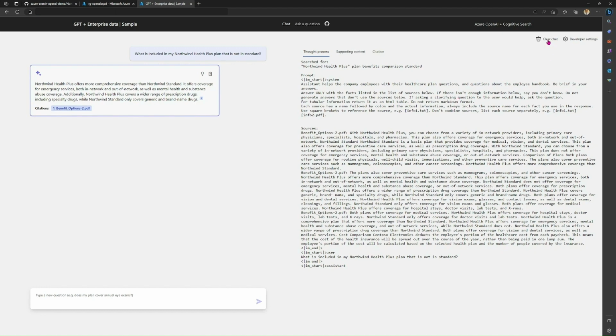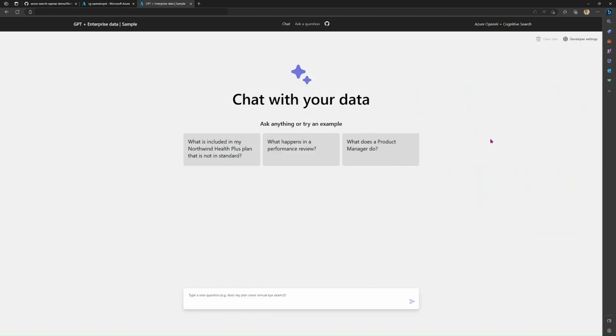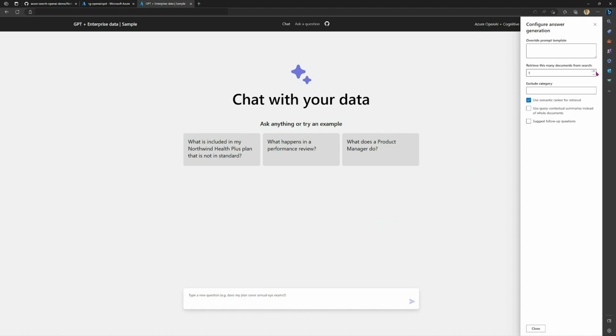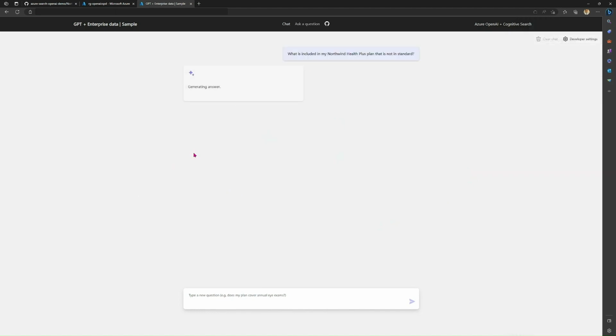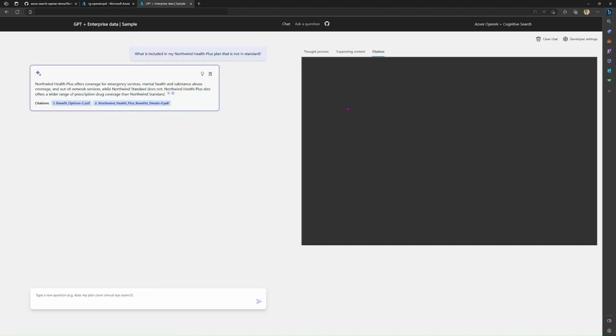And let's go ahead and clear the chat because having history will actually impact the response that we get. And in this case, let us retrieve 6 documents instead of 3. And let's see how that plays out. So the exact same question, what is included in my Northwind Health Plus plan that is not in standard? And now we get an additional citation, and